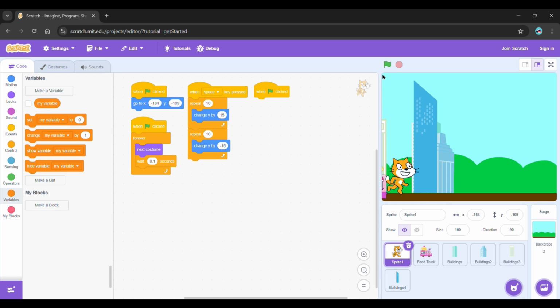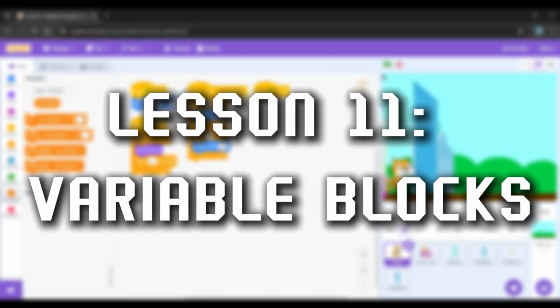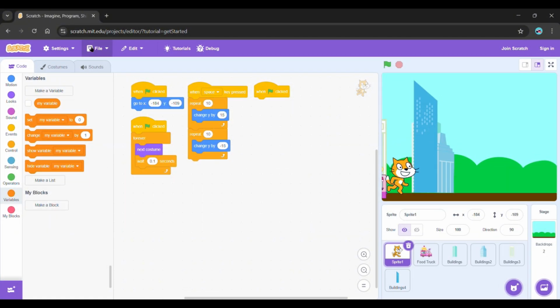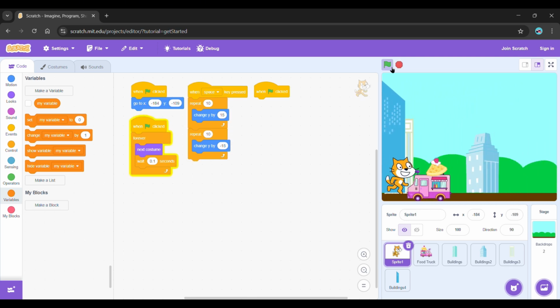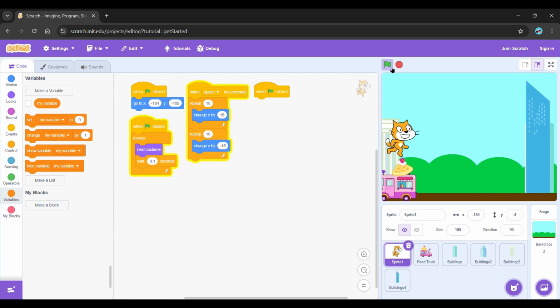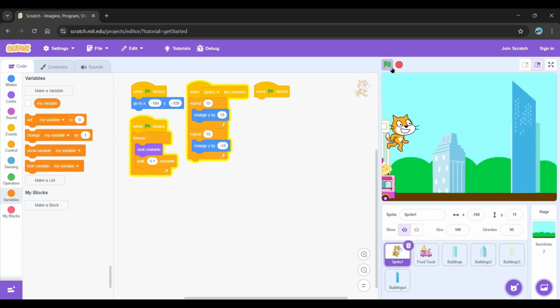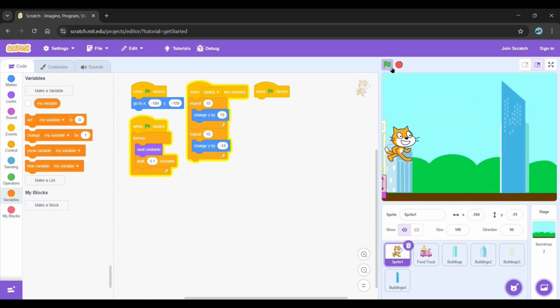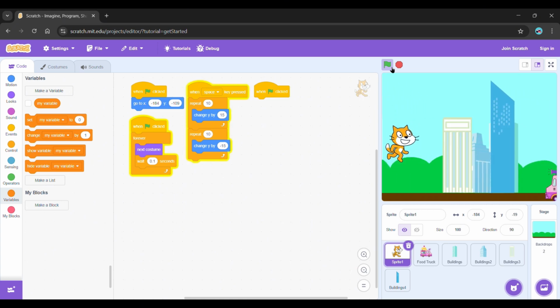Now, welcome back again on our new topic or lesson which involves the variables. As you can see here, these are the variable blocks. For today's lesson, I will be discussing how to use some of these. Today, as you can see on this Scratch here, I've already prepared a game called the jumping game. I prepared this one in order for us to learn what a variable is. So this is just the example.